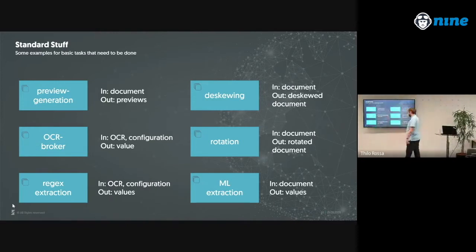Basically, in the back, there's always a base amount of these regex extraction or OCR workers running, and if we get a lot of load, we just scale up. If all the work is done, we scale down again and go back to this base amount. So what happens is if you upload 1,000 documents, in like 10 seconds, the first one will be processed very fast. Then we need like 2 to 5 seconds to scale up,